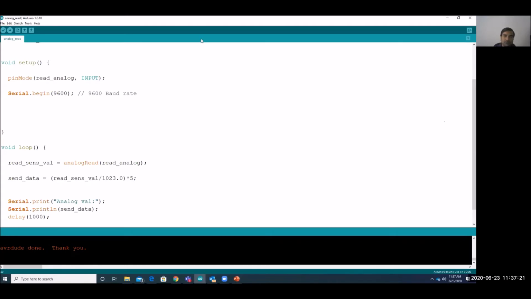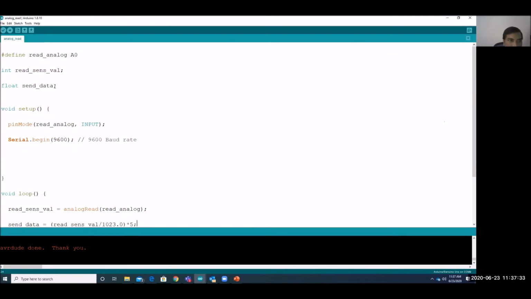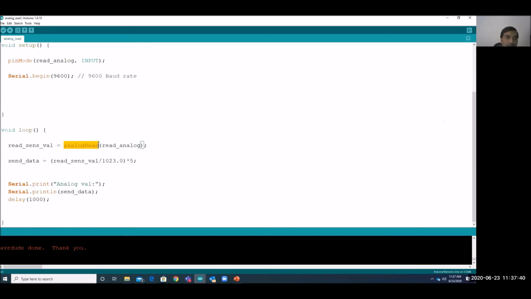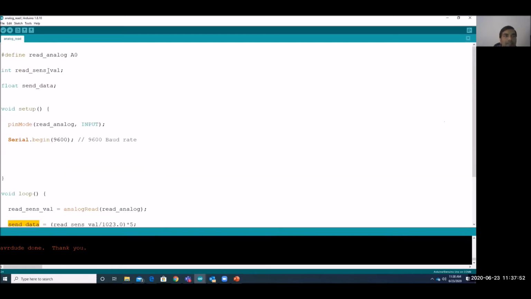Sir, one student has asked a doubt: why are we using the sense data variable? This one I have written. This is a variable, I can write anything, I can write a name also. But this analog read, whatever you are seeing here, is a function. This will be fixed, we can't change it. This we have to call. But the other thing we are using as a variable, we can give anything. You can give A, B, C, whatever we want.